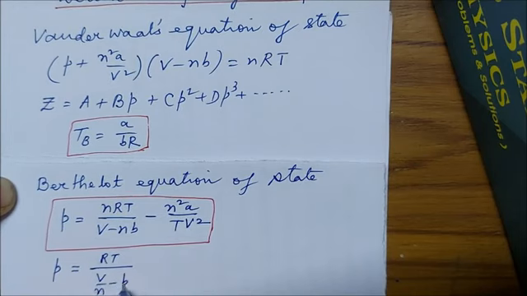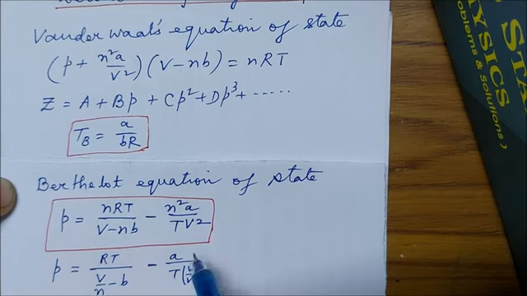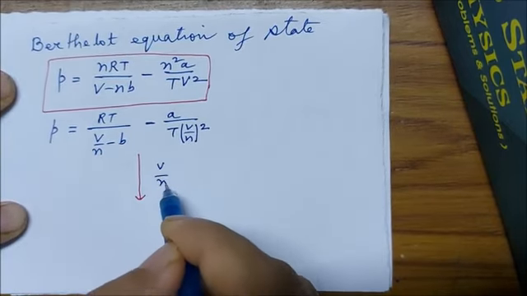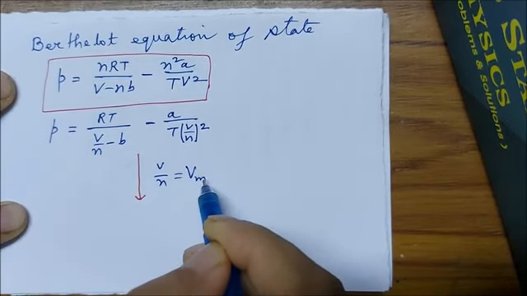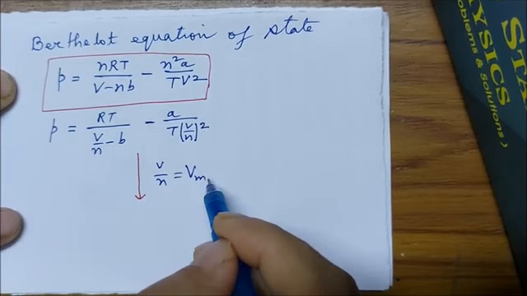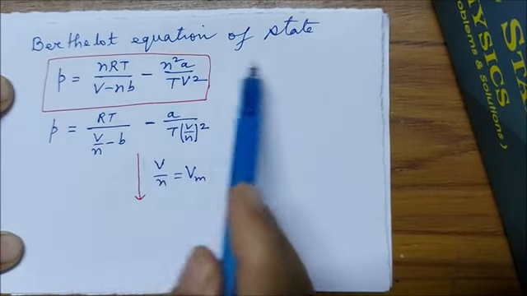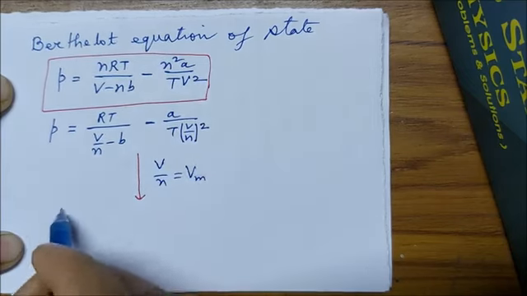Dividing by n, this is what we get for the first term. And in the second term, we divide by n square to end up with this one. Let us now define V by N as Vm, which is the molar volume. So in terms of molar volume, Berthelot equation of state reduces to